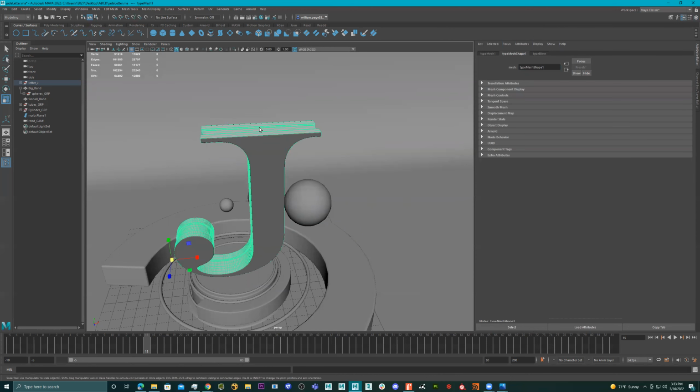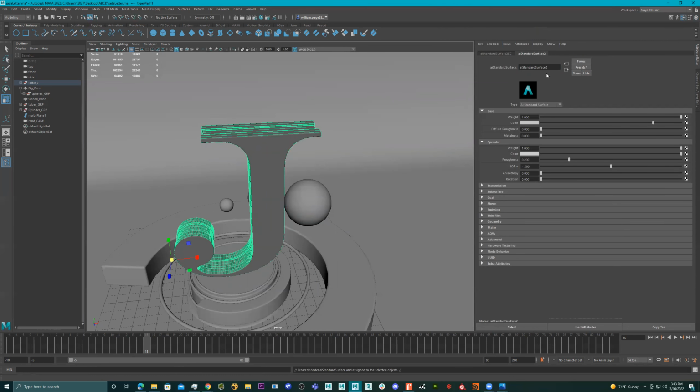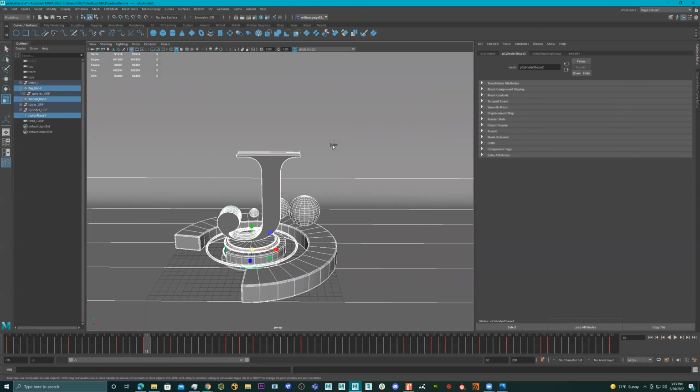We'll click on this right here, press G to repeat the tool, Arnold, standard surface. Letter middle. And then for the rest of this stuff,